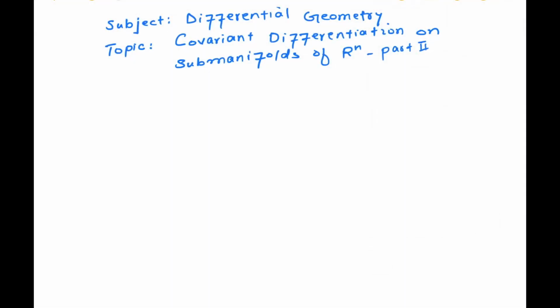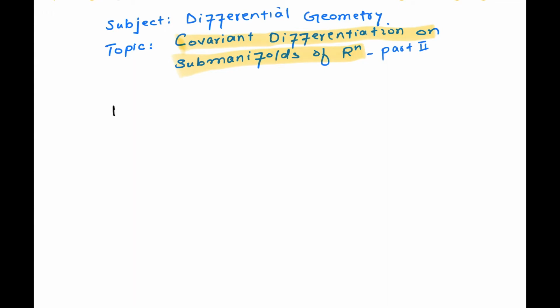Okay, this is the second part of the lecture that we did last time, which was covariant differentiation on submanifolds of Rn. So if you recall, last time we were doing how to do covariant differentiation on submanifolds of Rn. So if I quickly recall the main contents of the last lecture, what we did is that we defined